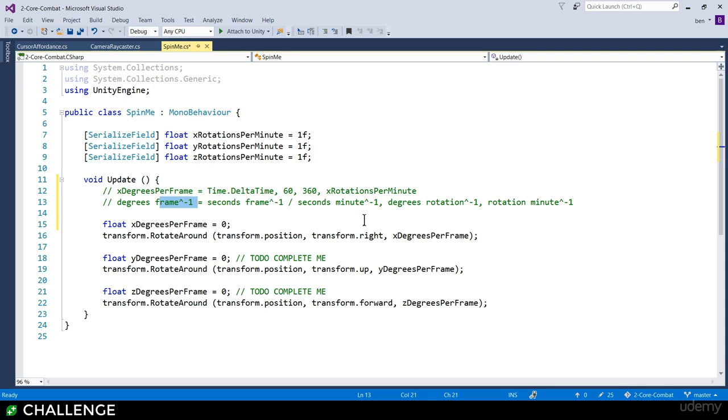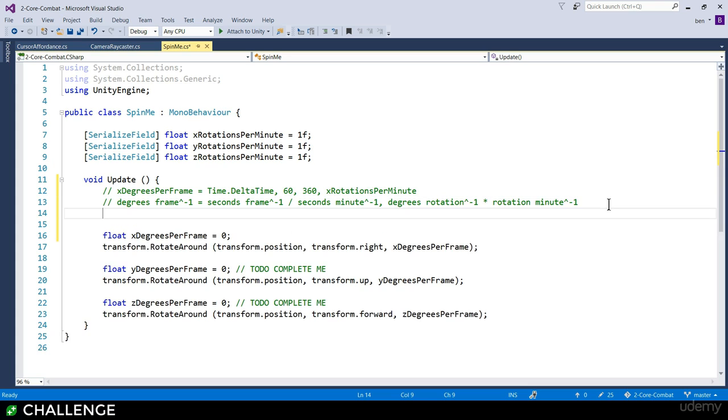We've got an extra pesky minute hanging around. How are we going to get rid of that minute? Well, we can multiply by rotation per minute over here. And then we're doing nicely. Let's break this down one thing at a time. So what we've currently got is